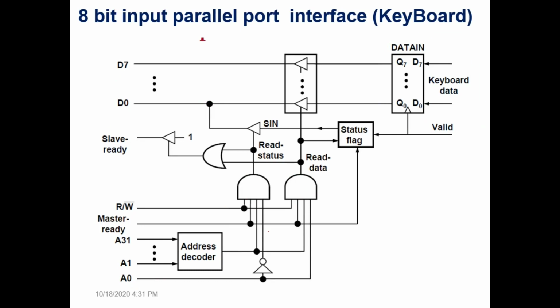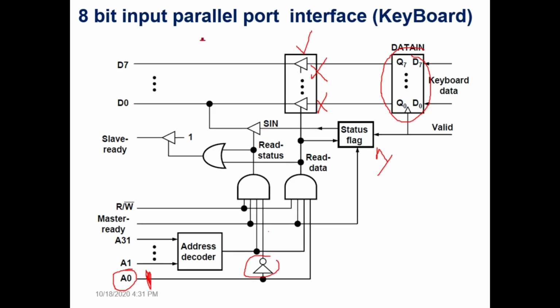When keyboard places the data in buffer, the status flag becomes 1, and the data in buffer will reach this tri-state buffer. Okay, but the tri-state buffer blocks this data from being placed on the data bus or data lines. So tri-state buffer does not allow it. So when processor tries to read the data in, processor makes this A0 as 1. Here A0 bit, it makes A0 as 1.